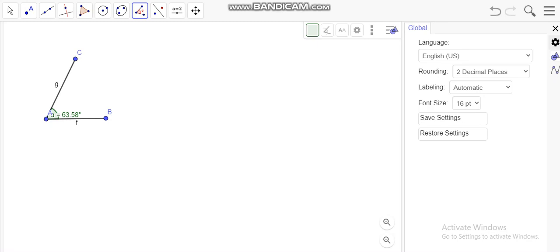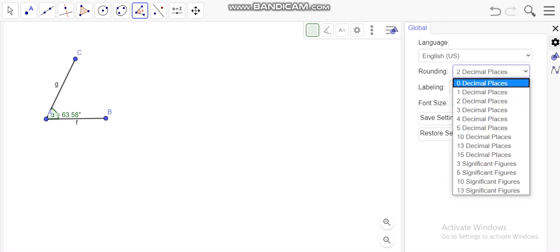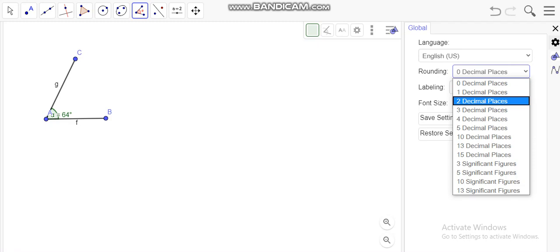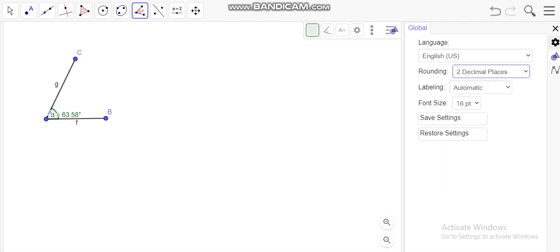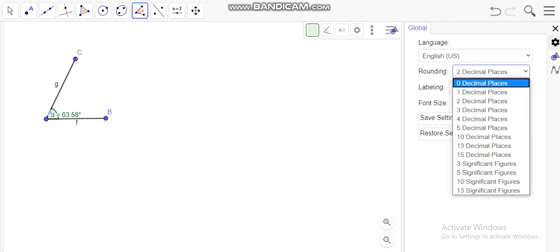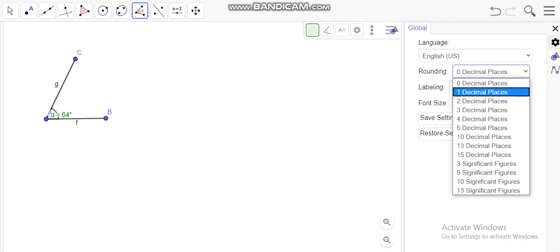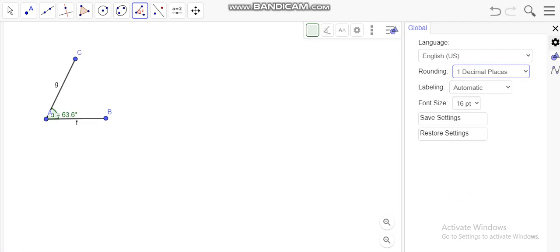Now we're going to click on this drop down list and make it as 0 decimal places. Now as you can see, it rounded it off. At first it was 63.58, but now when it rounds it off to 0 decimal places, it comes as 64. Now if you want 1 decimal place, you can totally do that, but I like 0 decimal place better.